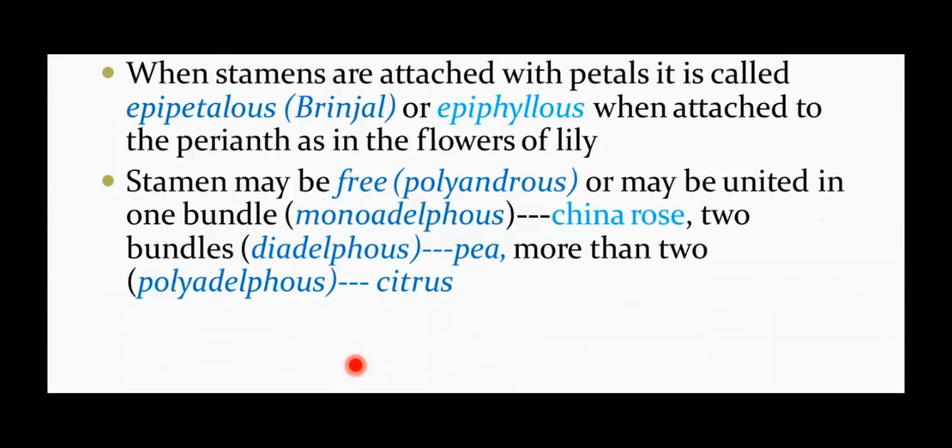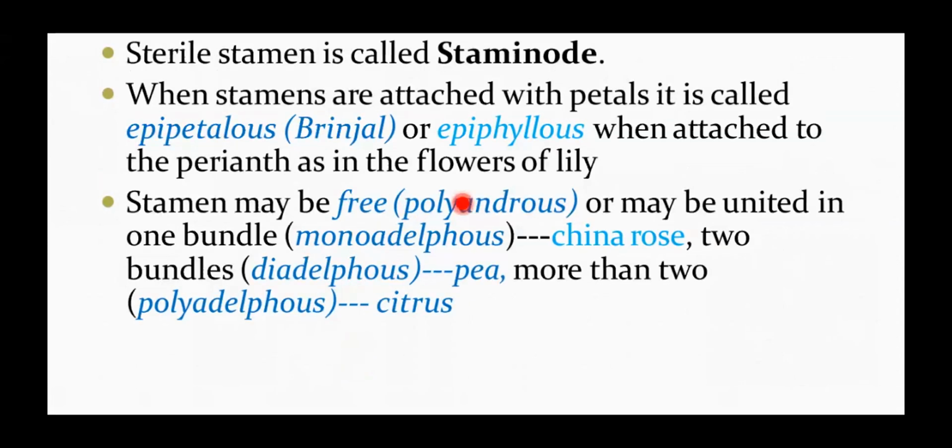When there are more than two bundles, the condition is referred to as polyadelphous, as you find in case of citrus. There may even be different variations with respect to the length of filament within a single flower only. A very good example under this category is salvia, because salvia is designed for a specific type of pollination, which you have studied in some other chapter. A specific pollination mechanism exists, that is called lever turnpike mechanism. So that is for salvia, where there is variation in the length of filaments. Even mustard is also an example for that.